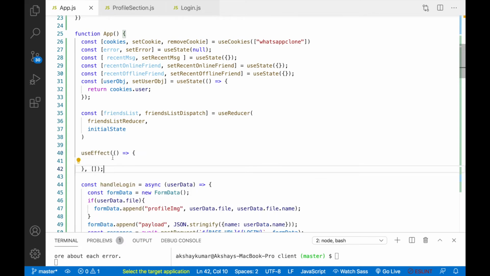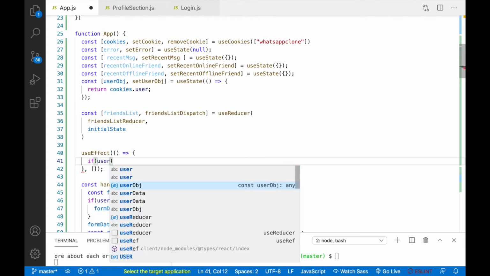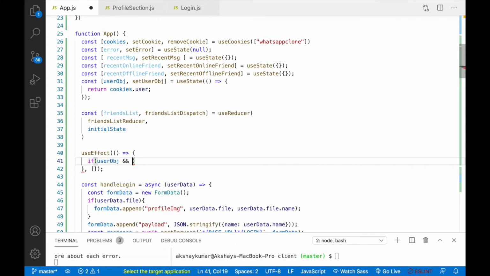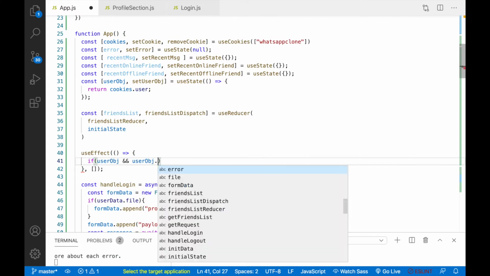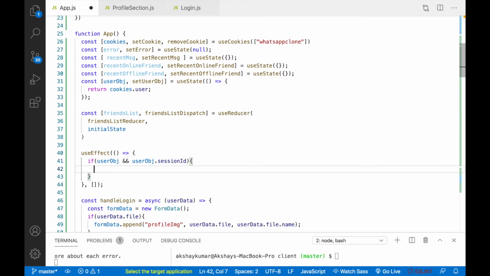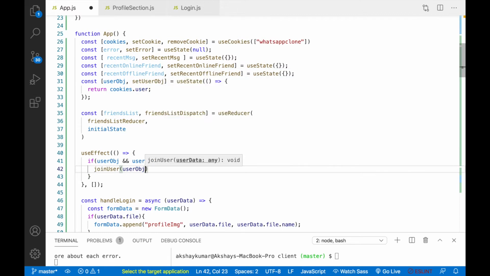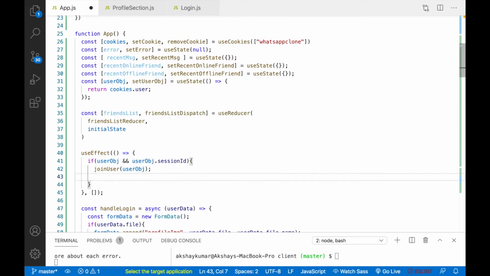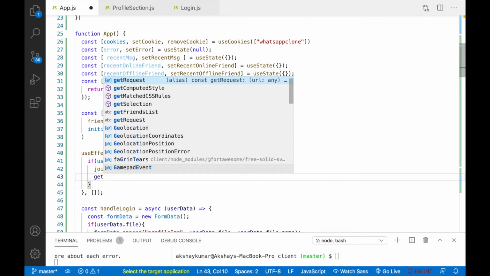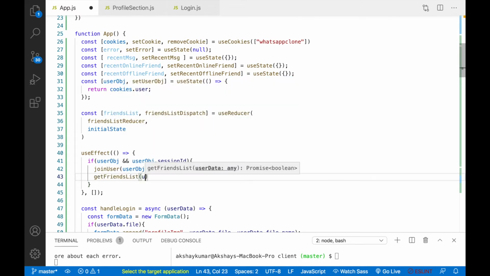So this useEffect will call only once. Whenever you refresh, it will call if the user object is there and user object.sessionId is there. So here we can write joinUser and we'll pass the user object. So this user object is coming from the cookie, right? And we'll call that getFriendList method also, and we can pass the user object.